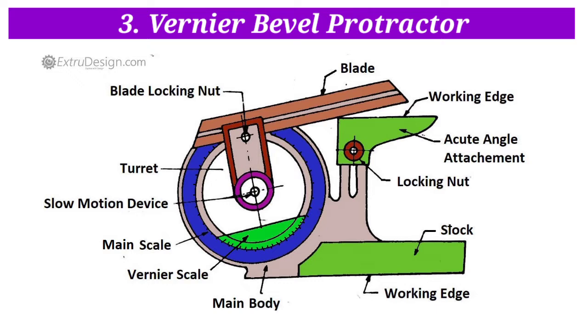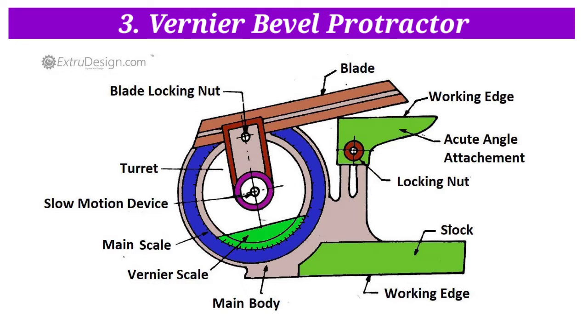The body of the vernier bevel protractor is designed in such a way that its back is flat and there are no projections beyond its back. The flatness of the body is tested by checking the squareness of the blade with respect to the base plate when the blade is set at 90 degrees. The base plate is attached to the main body and an adjustable blade is attached to a circular plate containing the vernier scale.